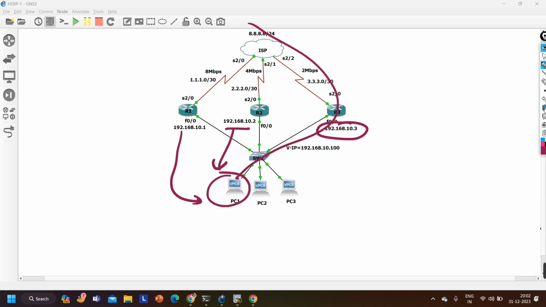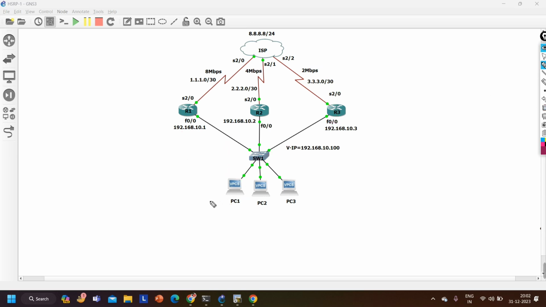But as I told you in the last class, we are not going to define the physical IP address as the default gateway. We will create a virtual IP address with the help of the HSRP protocol, and we will define that virtual IP address as the default gateway on LAN users, right? So this IP address is going to be my virtual IP address. Okay,